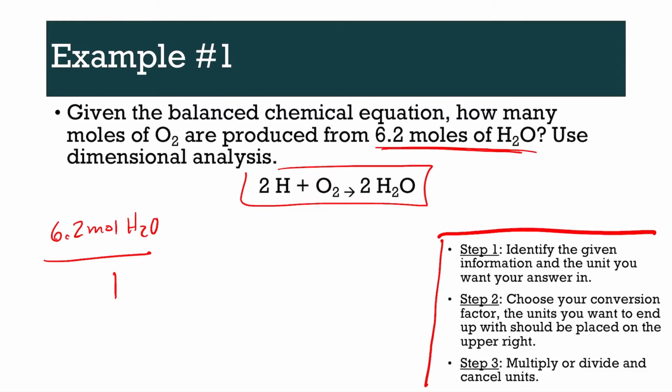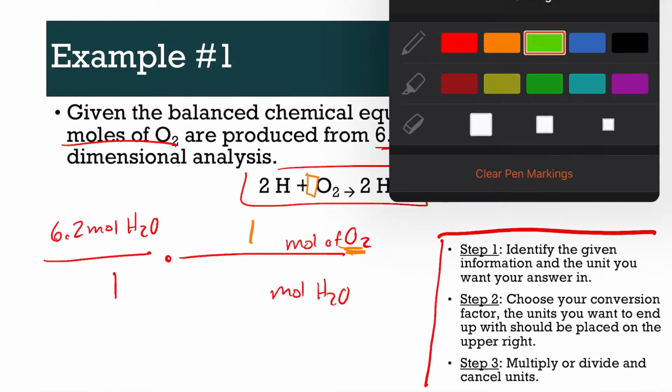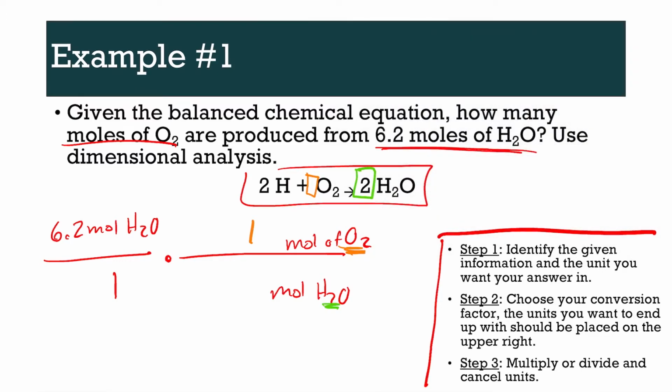Put your given over 1. You want moles of H2O to go away, so it goes on the bottom. And we're looking for moles of O2. So there's our unit setup. Now I'm going to add our numbers. For O2, there is no number, so we have that invisible 1. And for H2O, you have that 2, so the 2 goes there. And so you're left with 6.2 times 1 over 2, so 6.2 over 2, and the moles of H2O cancel out,